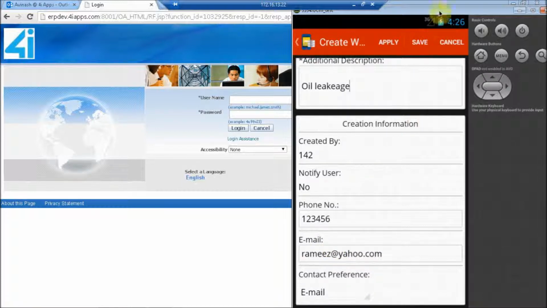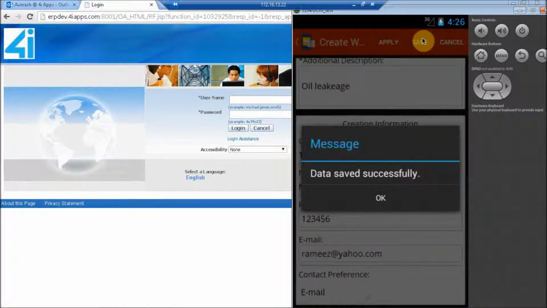So instead of apply, here I'll click save. So now what it does is saves this work request in the local database.